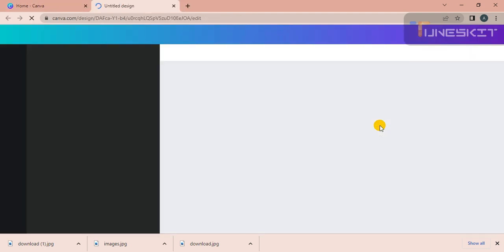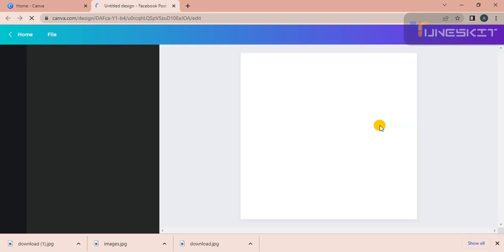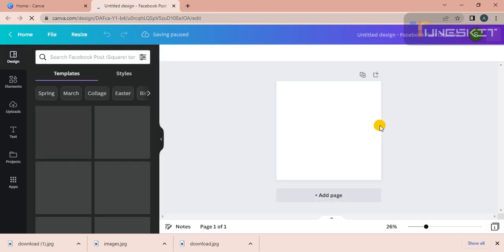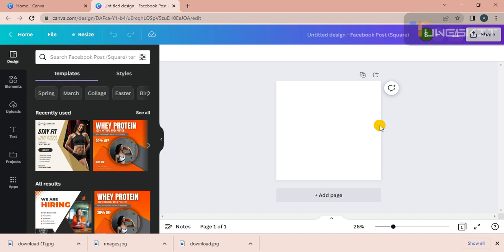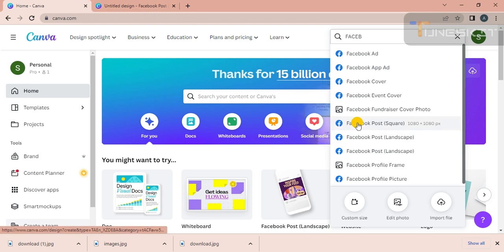Click on this one, Facebook landscape. Now we have a Facebook square